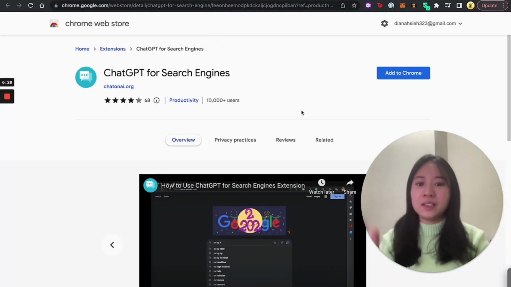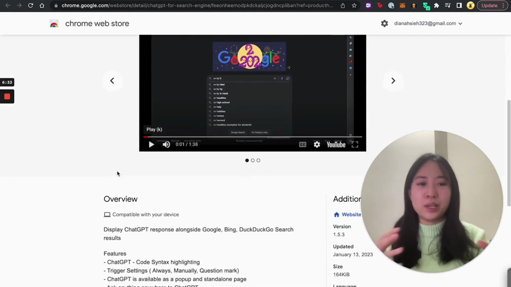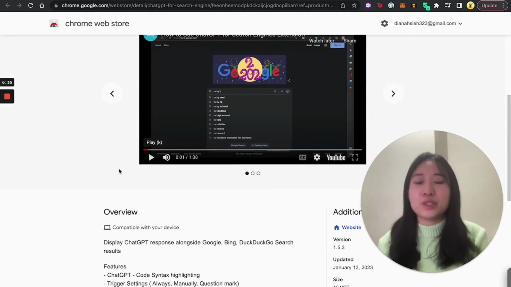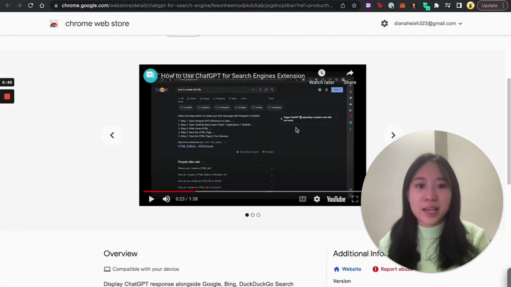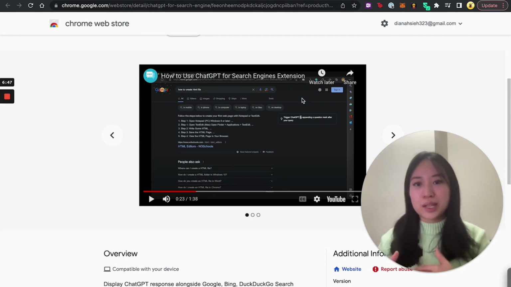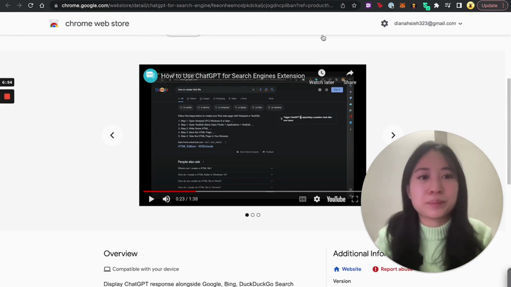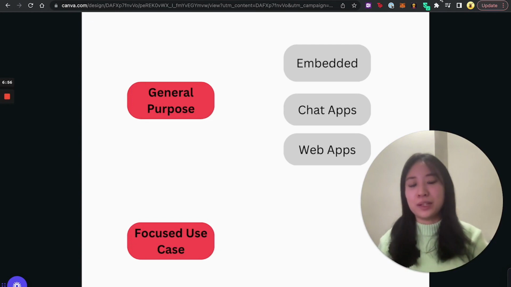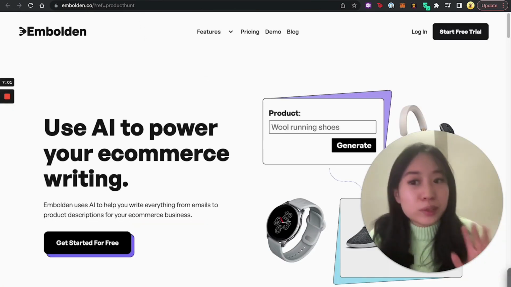And then finally, this was also an interesting way of embedding ChatGPT into the places that you typically work in day-to-day. As you're Googling, it'll have a sidebar that gives you the results from ChatGPT as well. So that was really cool too. I think these tools that embed the GPT-3 functionality within the tools that you're working in are particularly interesting. And then finally, on that last category of focused use case GPT-3 implementations, Embolden seemed interesting,